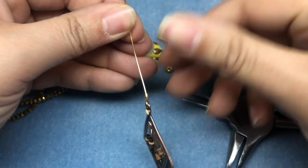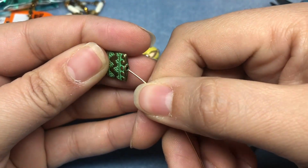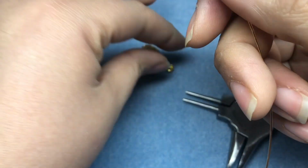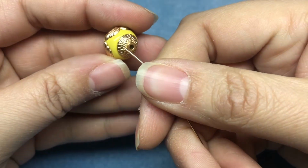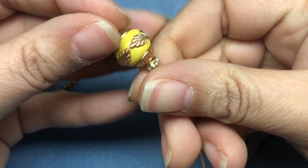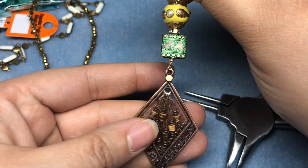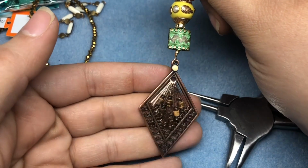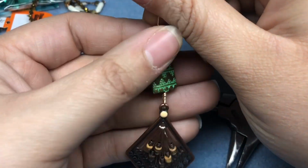And then I'm going to take my ocean bead and put it on my wire. I'm going to take my crystal rondelle spacer and then my boho bead. Just like that. And then we have a really big statement pendant instead of just one little piece. So we're going to go ahead